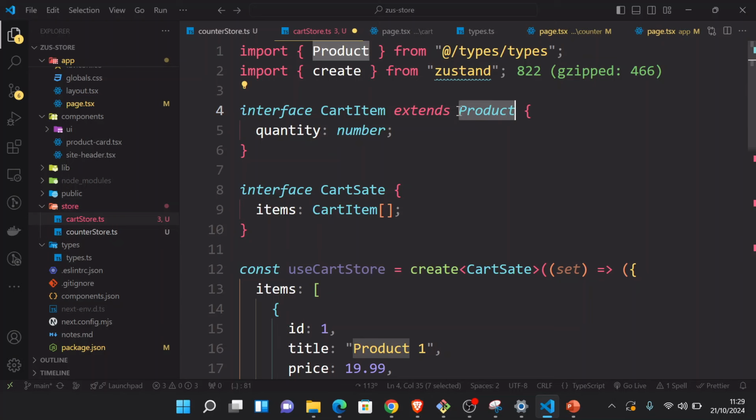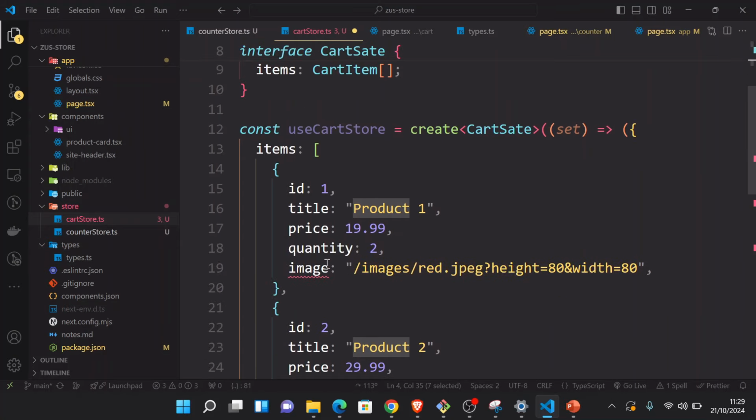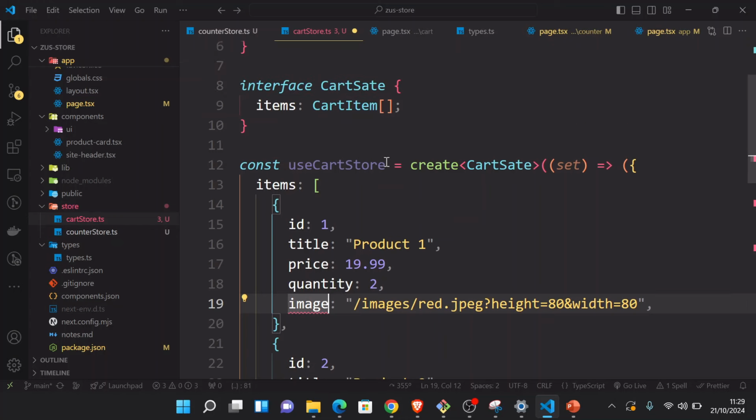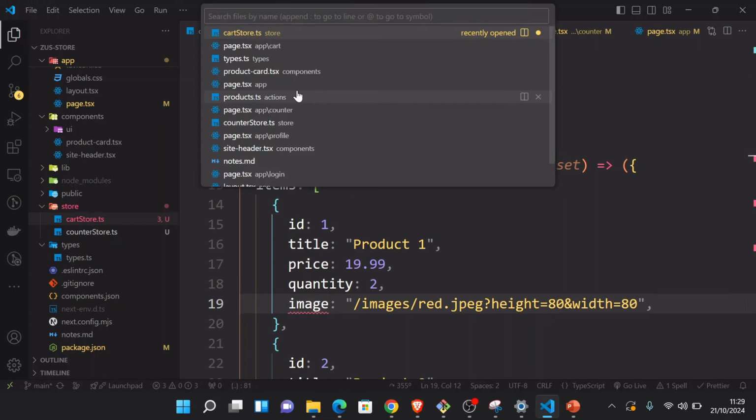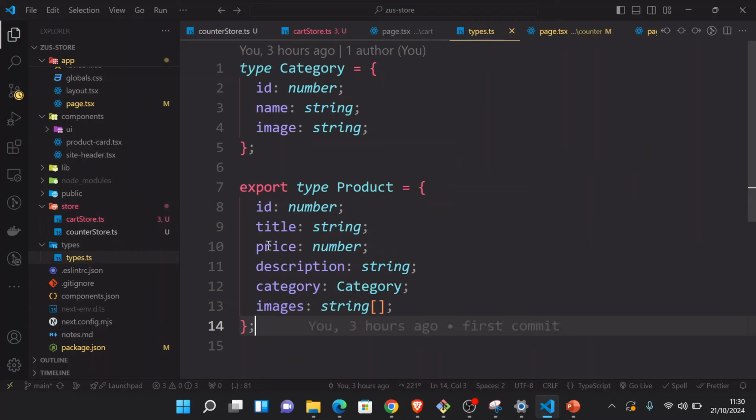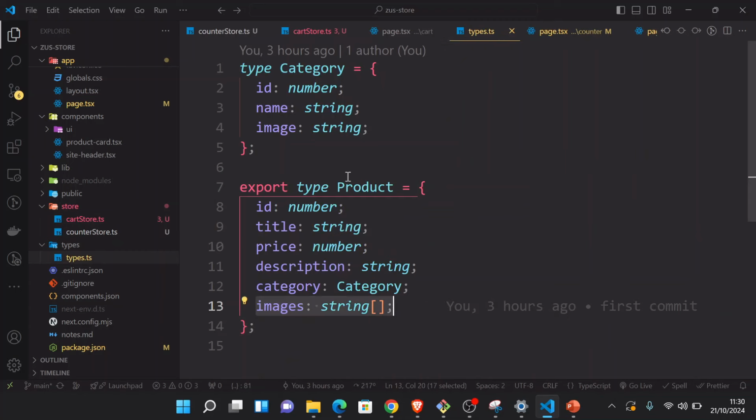Okay, because that one has images. I'm just going to put this as images, because if you check in the types, down here, you will see that this actually has images, and remember the cart is extending this. So you can just modify and create a new type for the product if you wanted. I don't know if we should do that or not, but I'm just going to simply leave it